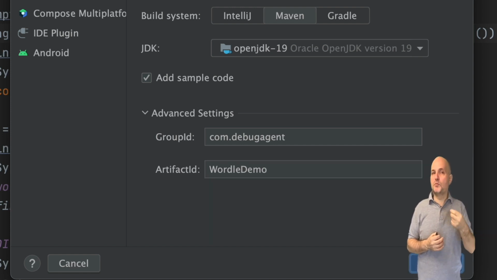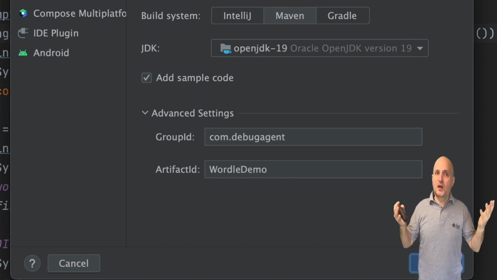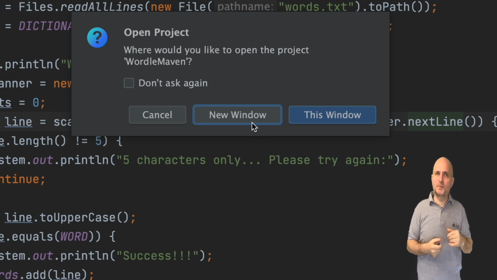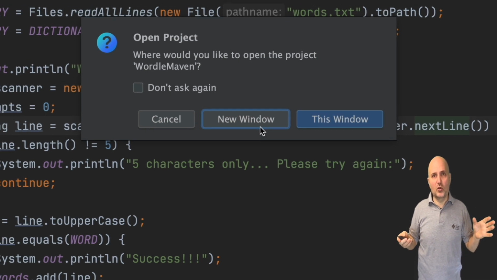It's a common convention popularized by Java to use the domain name in reverse order to guarantee that your name is unique to you. At this moment, this isn't a big deal since you won't ship this application, but it's very important to name things well if you want other people to use them. This avoids conflicts. Once we did that, we can click the Create button. This pops up the prompt of whether we want to reuse this window or use a new window. I usually pick new window, but there's no wrong answer here.